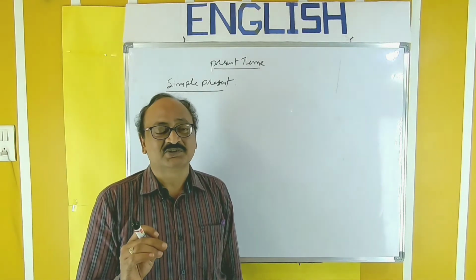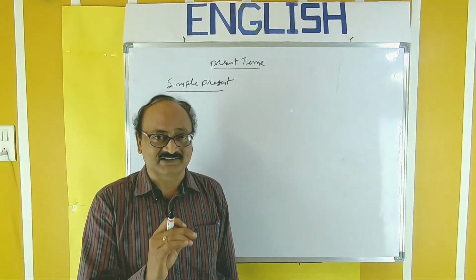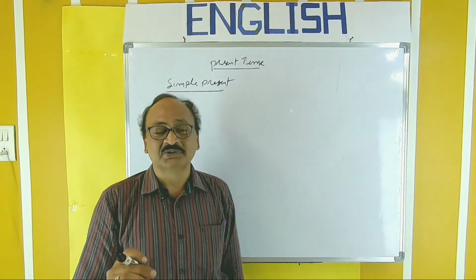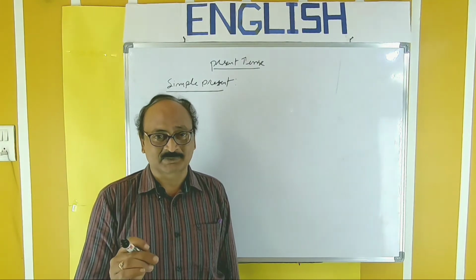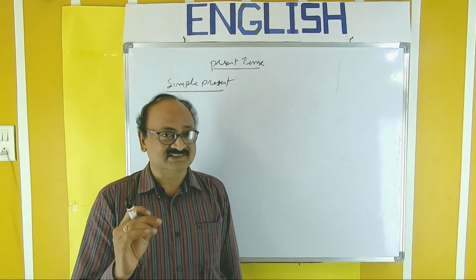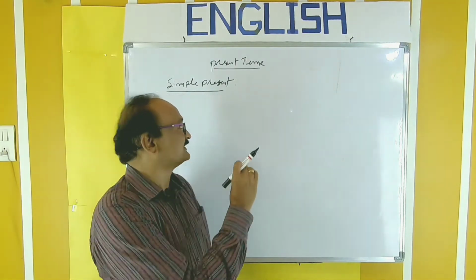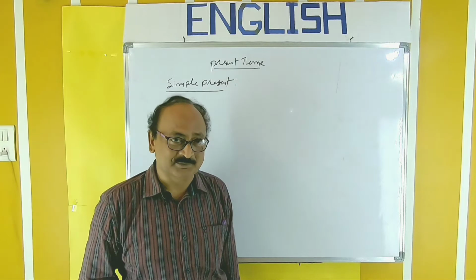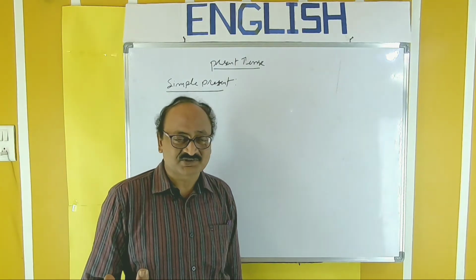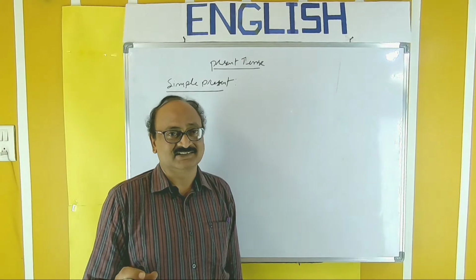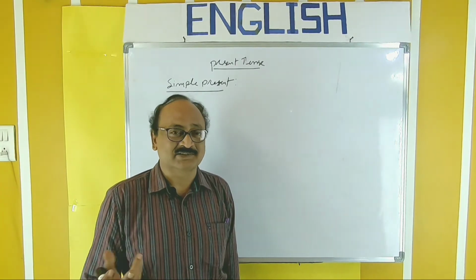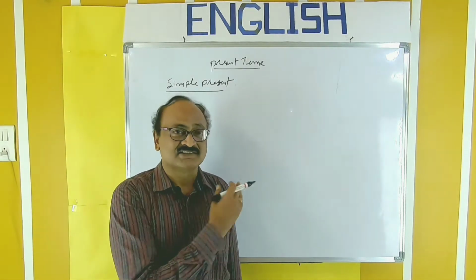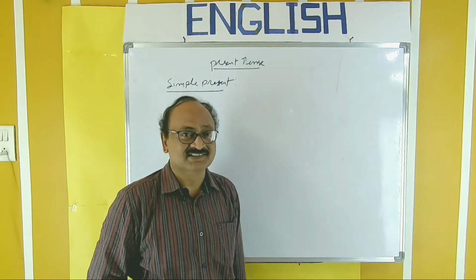First, you must know how to write sentences in the simple present, or how to construct sentences in the simple present. In order to know that, you must know the structure of simple present. So what is the structure? Any sentence you may take, it contains subject, verb and object. Here also same. And of course, there may be object or not. It depends on the verb. It doesn't matter whether you use object or not, depending on the example or the situation. So let us look into the structure in a detailed way.